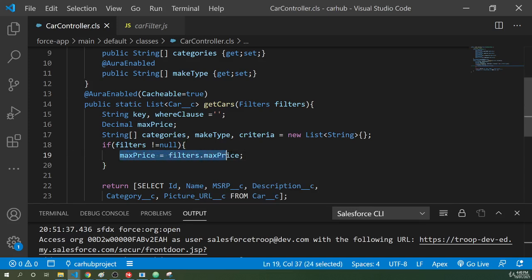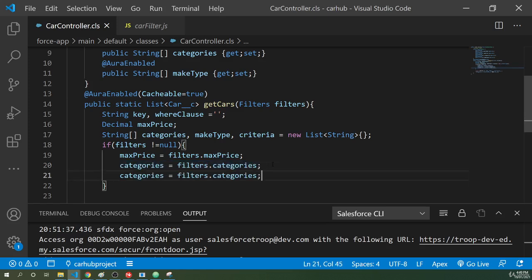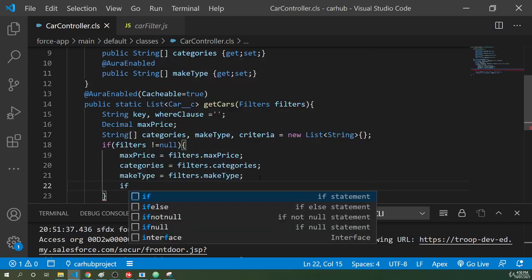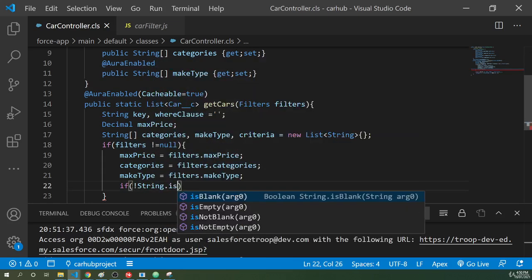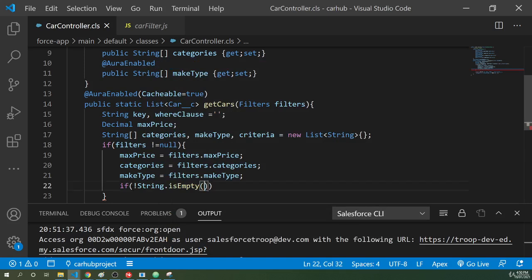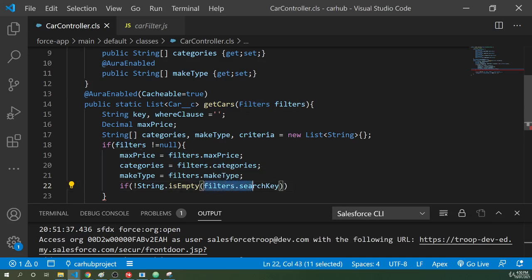Similarly, I'll do the same thing for categories as well. I'll say whatever the categories comes in the filters, assign it to categories, and the same thing I'll do for make type. If make type comes, assign it to make type. After this, I'll check whether the search key that is coming in the filter is not empty or it's empty. So we can do like not of string dot is empty. We'll call this method and we'll pass filters dot search key,